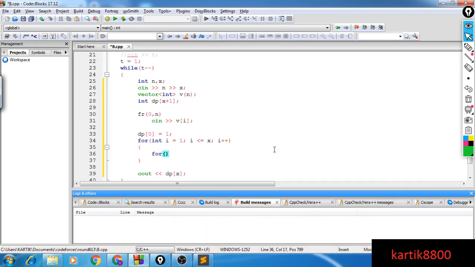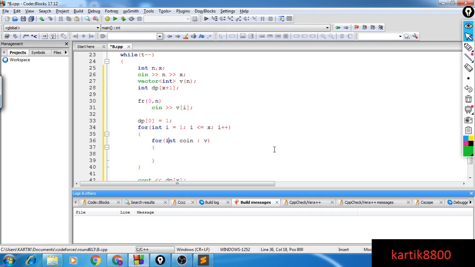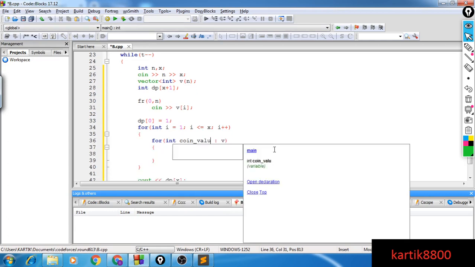So let's say that I am picking integer coin belonging to V. I'll name this coin value.